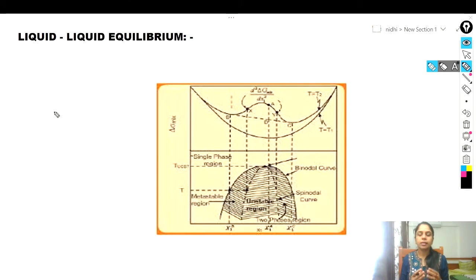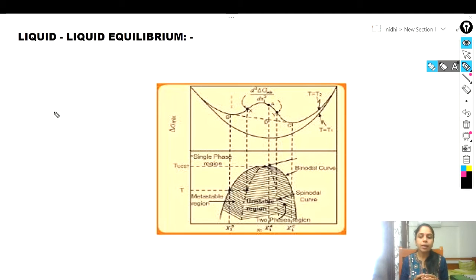So now we know that a stable state is one which has a minimum Gibbs free energy at fixed temperature and pressure, which we have already discussed in one of my previous videos on the stability criteria. In the stability criteria, we discussed that for a stable state, the Gibbs free energy should be minimum. In thermodynamic stability analysis, a liquid mixture splits into two separate liquid phases if, upon doing so, it can lower its Gibbs free energy. So here you can see this diagram.